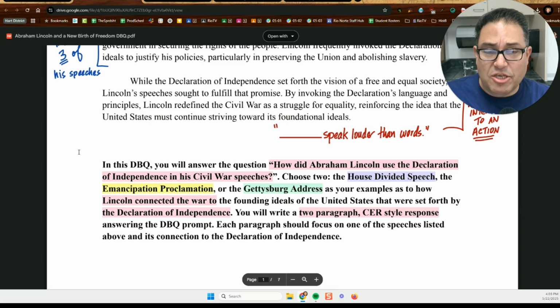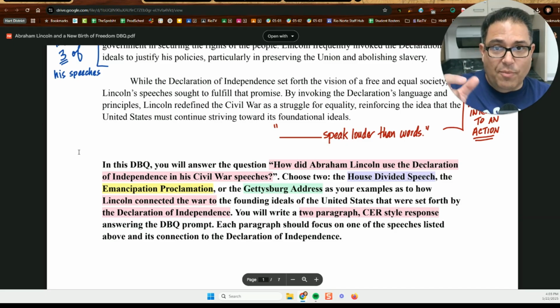You may be asking, Mr. Ippolito, how are we writing this DBQ? It will be in Class Companion. When you hear Class Companion, you may ask, how many revisions are we going to be able to use the AI helper? I think we're going to turn that off, but you're going to get 2 attempts when you get to Class Companion.